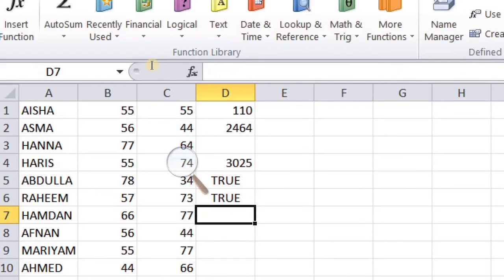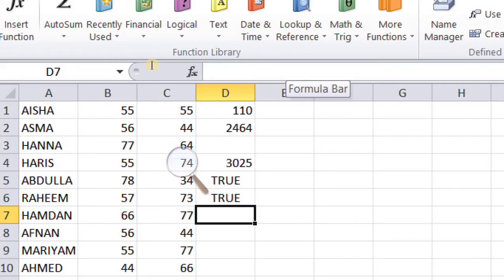Enter. Yes, true. B6 is not equal to C6. If the B6 number and C6 number were equal, then it would write false. This is how we use the formula bar.